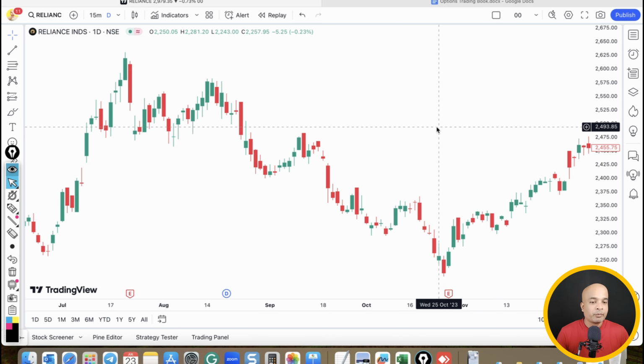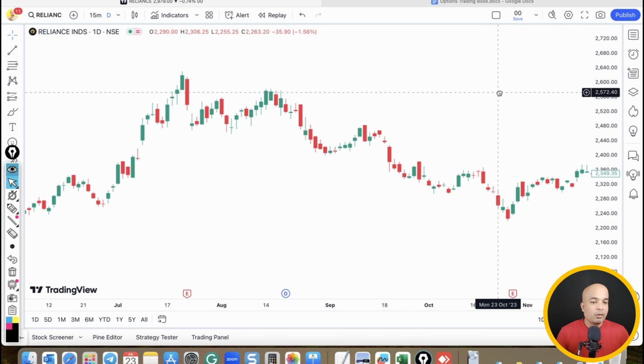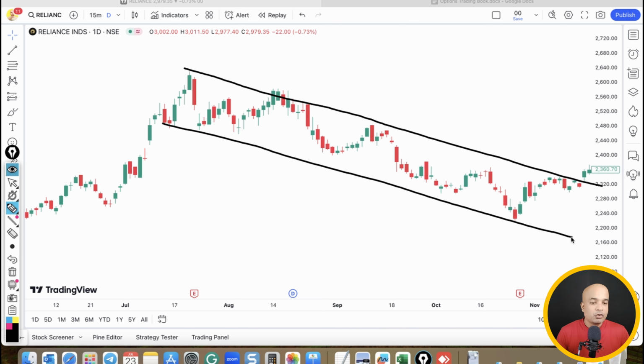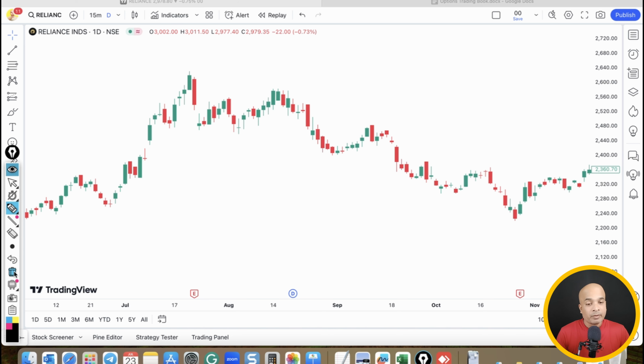If I go back, for example, when you draw a trend line like this, I will draw like this using the lines itself. So when you draw a trend line like this, what this indicates is in this zone, this particular stock is in a downtrend. So we can draw trend lines to identify a trend, but many beginners will ask so many questions about